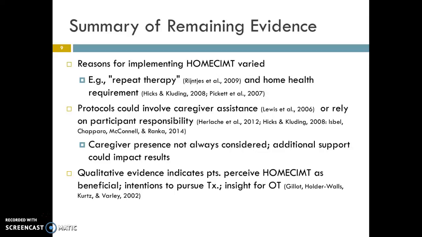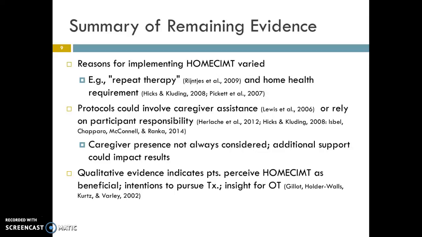beneficial to upper extremity function, while others implemented a home-based CIMT protocol because patients were required to have home health services. Home CIMT protocols could involve caregiver assistance, where someone was trained to provide the intervention, while others required that the participants had the sole responsibility for their compliance. The presence of a caregiver, however, was not always considered to be a variable, and this additional support could have